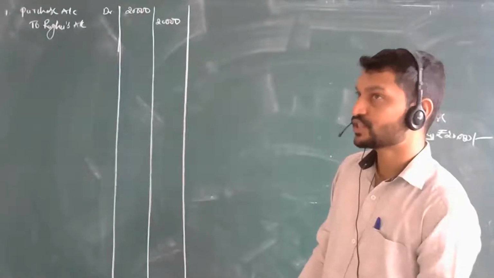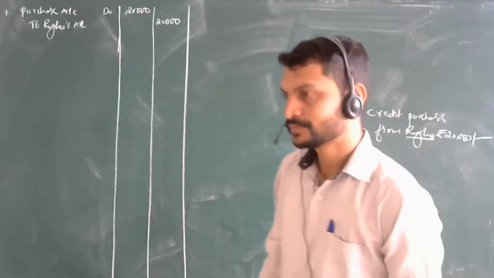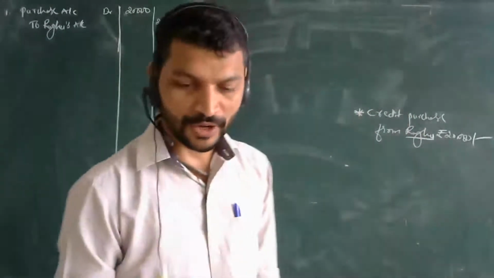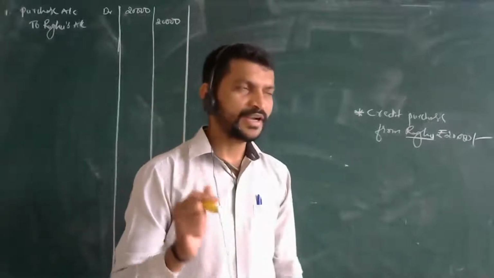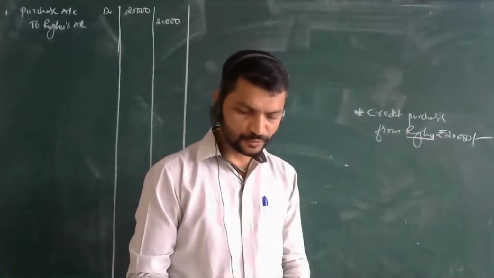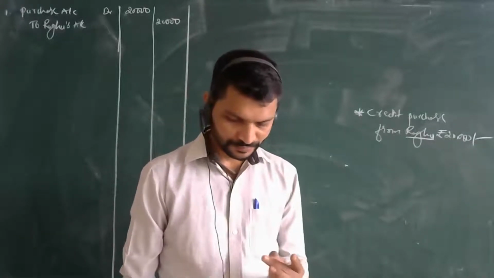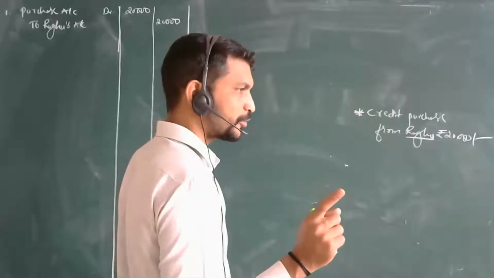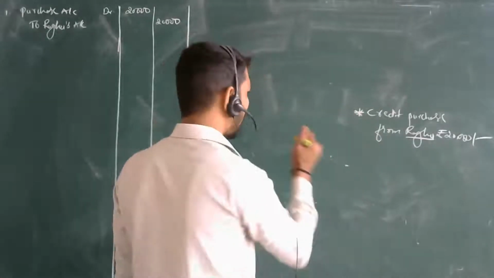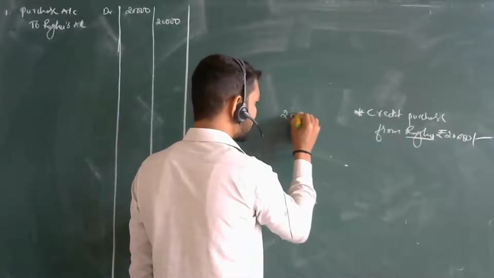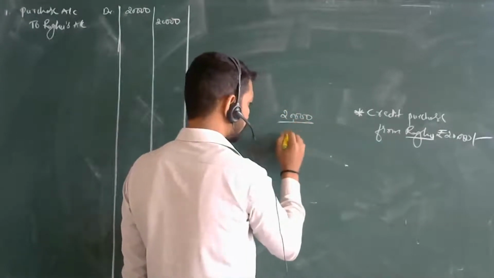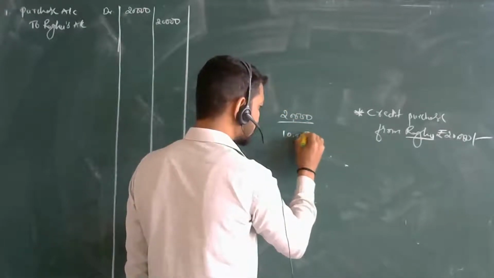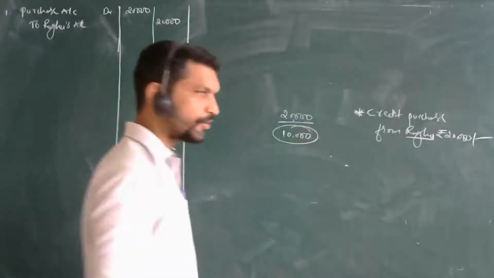Omission or commission? I need an answer from you. How are you going to find out the error? That I need to know now. Here, errors of commission: if the amount entry is wrong. Remember the point: when the amount should be 20,000 and we take 10,000, that means there is a wrong entry of amount.